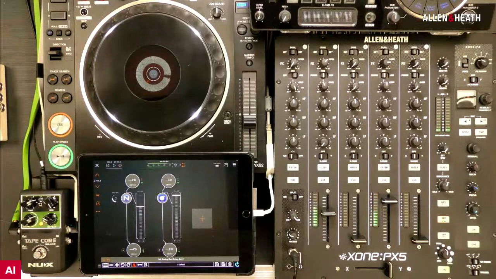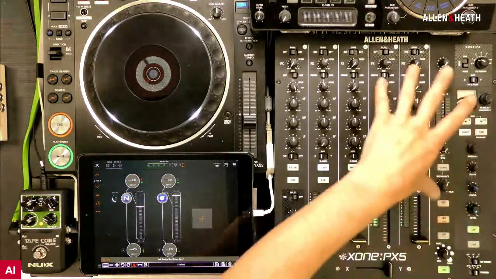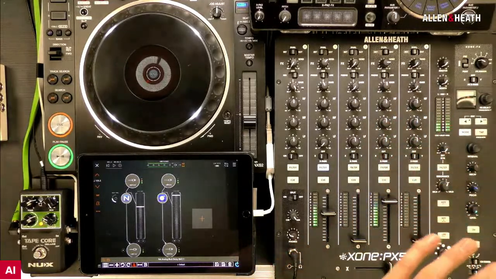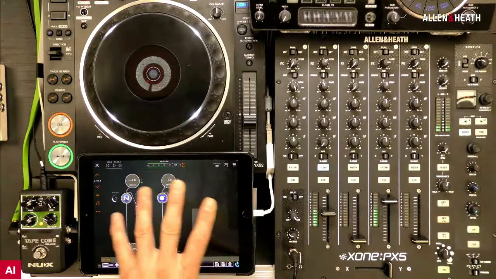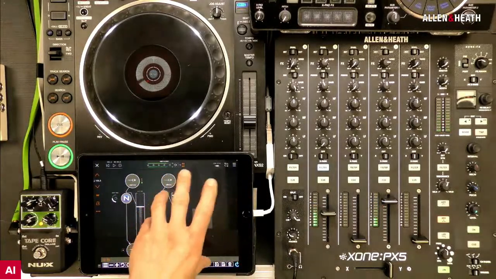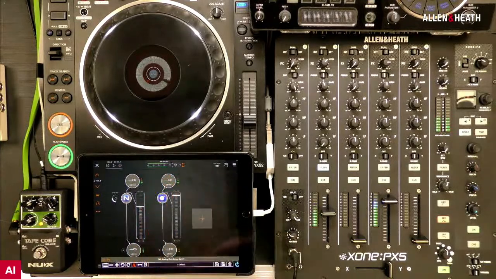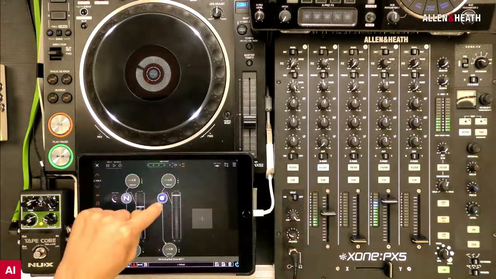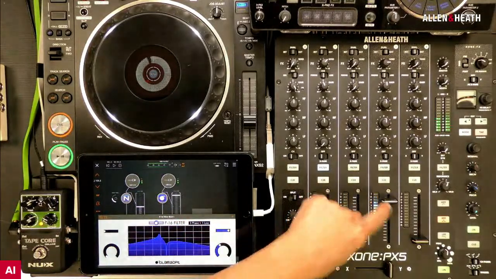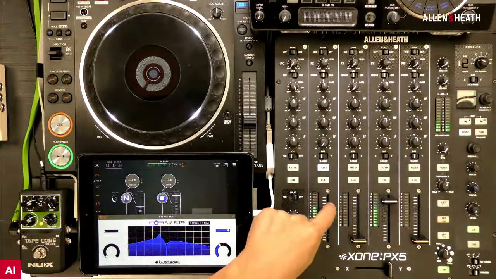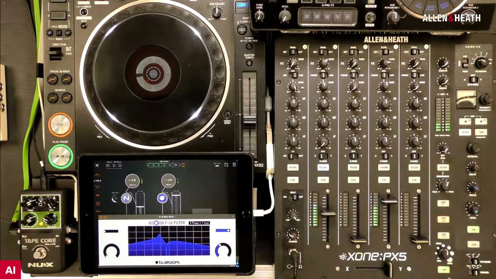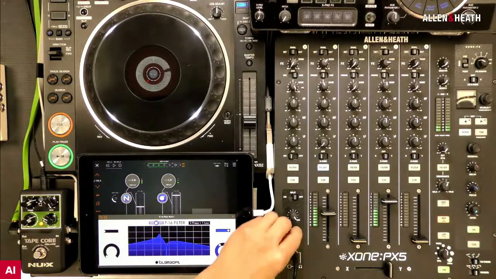This is a really nice way, I think, of adding that extra filter into your Xone setup. You've got a sound card, you've got an iPad, there's probably another iOS option that I haven't tried yet, and certainly with a laptop connected up you can do this. So I've got here a little filter plugin, and I'll bring some audio back in again on this so you can have a bit of a listen. Probably put my headphones on just to make sure it's not audio soup. But